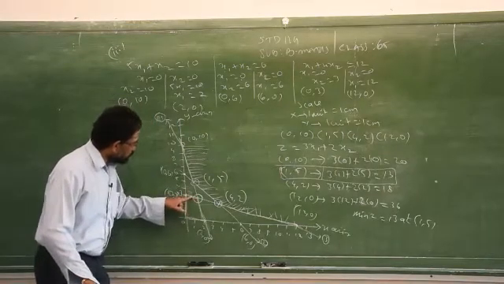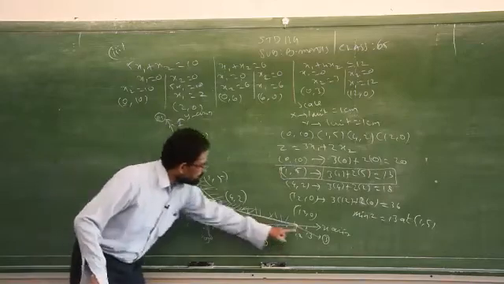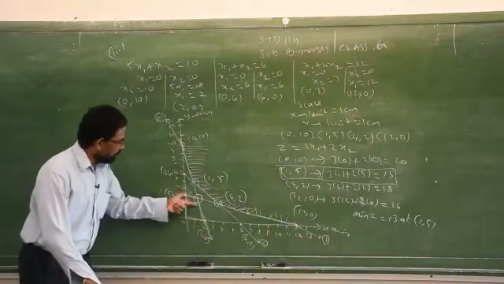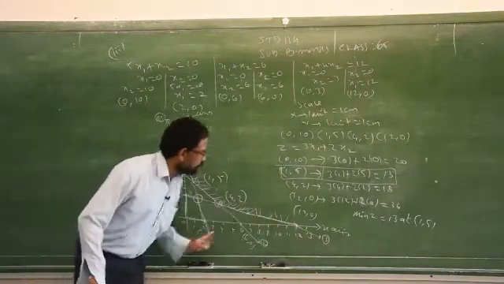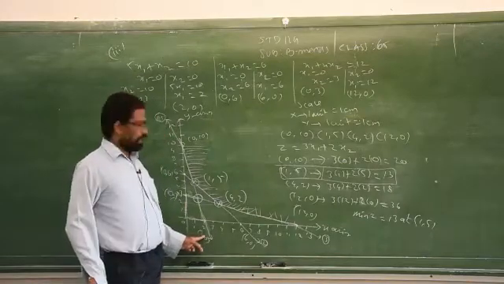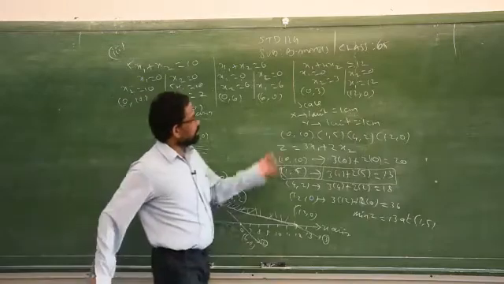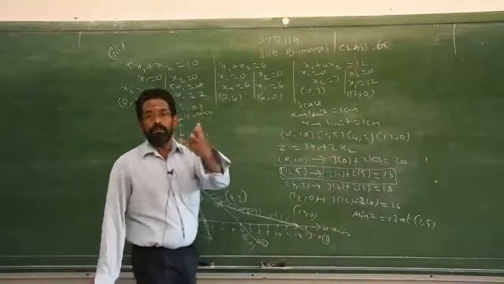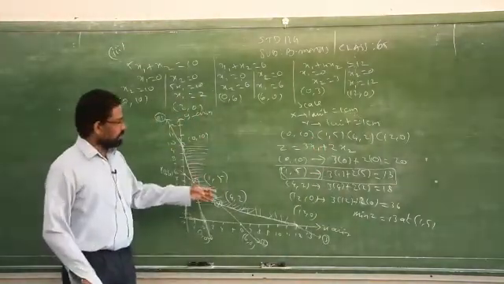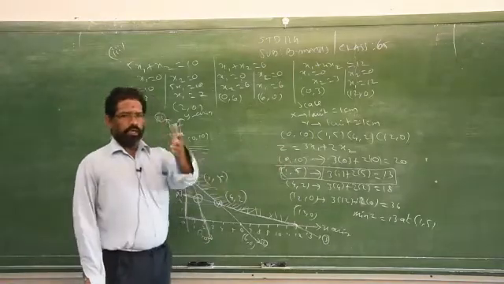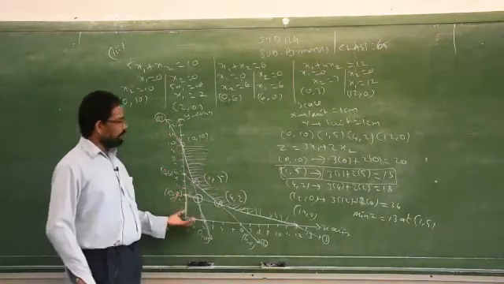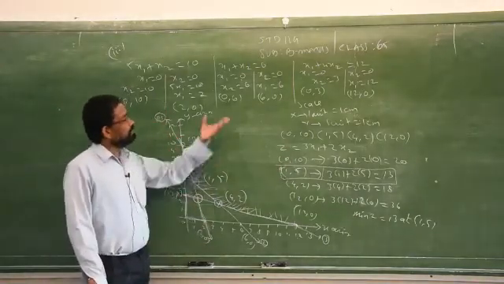Through these intersecting points, which lines are passing? Equation number 3 and equation number 1. Solve these two equations by applying the elimination method. Then take all these boundary points and substitute them in the objective function, and you will get the maximum value. Clear? This question asks for the minimum. Just for your understanding, I am explaining how to find the maximum value for the same problem.